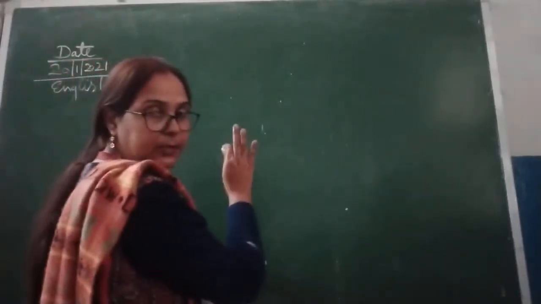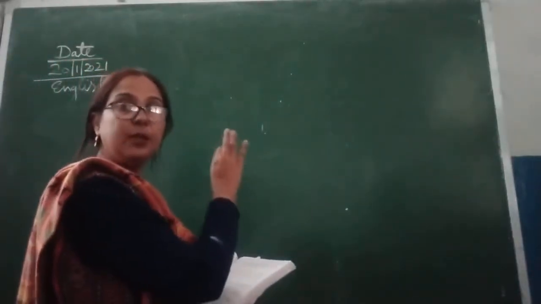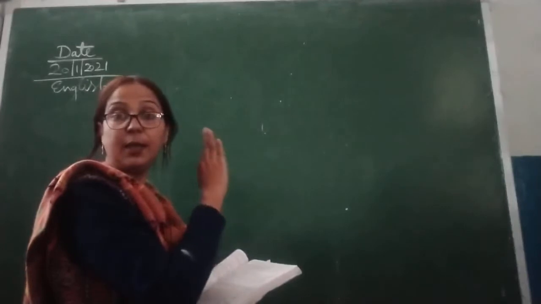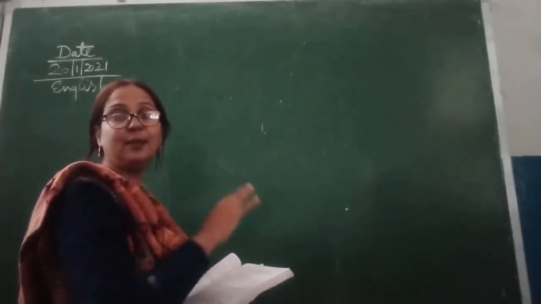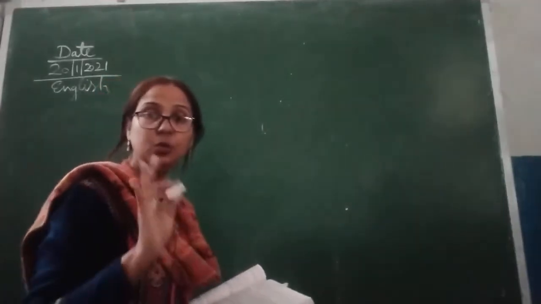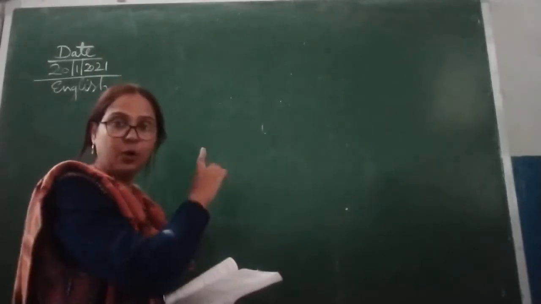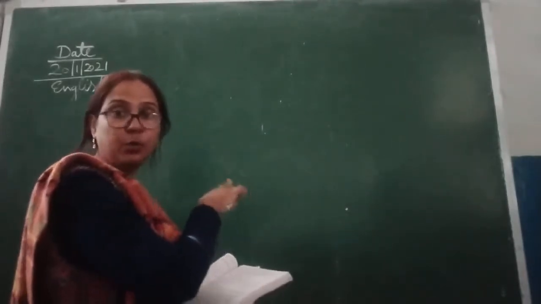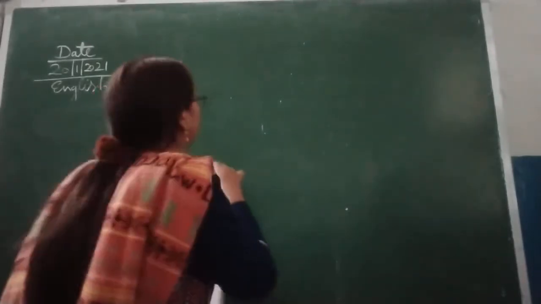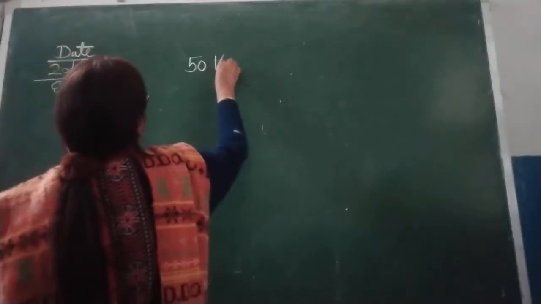Now here we are going to write the heading first, because the heading should be very interesting and catchy. It does not mean that you can add anything. You just write the heading according to the theme, according to the question. So here, 50 killed. You will write in bold letters, 50